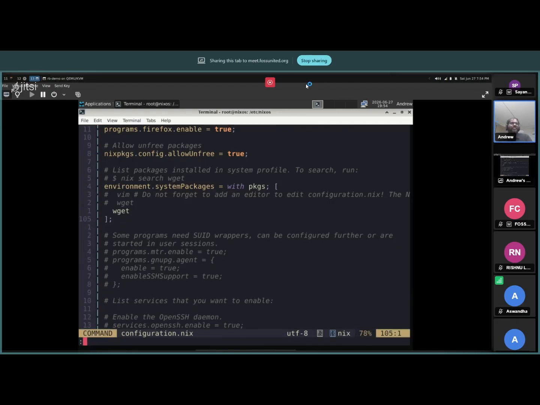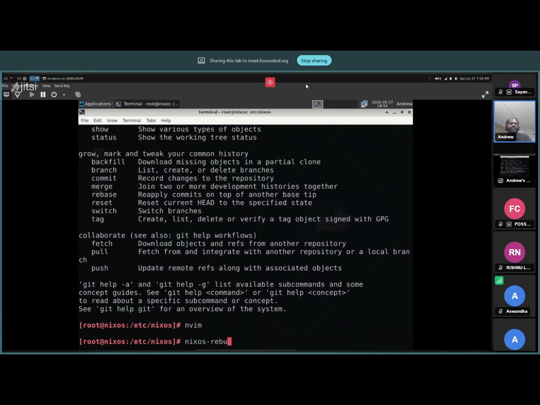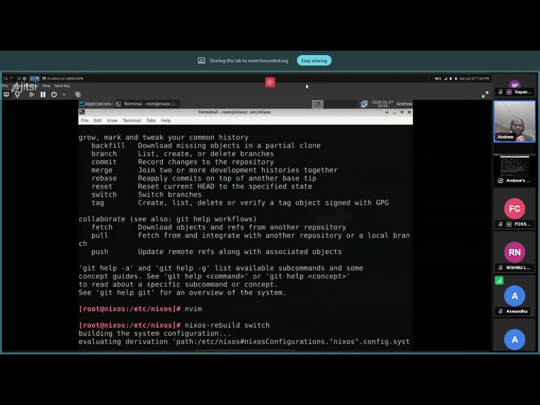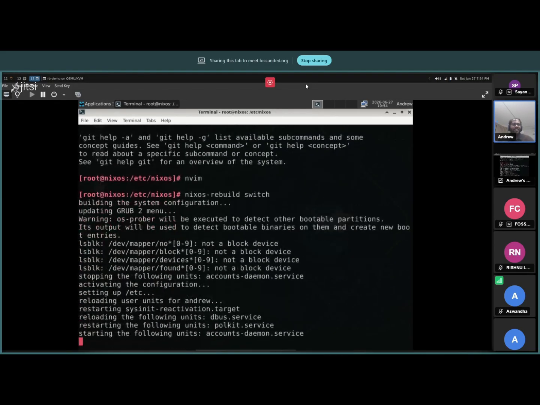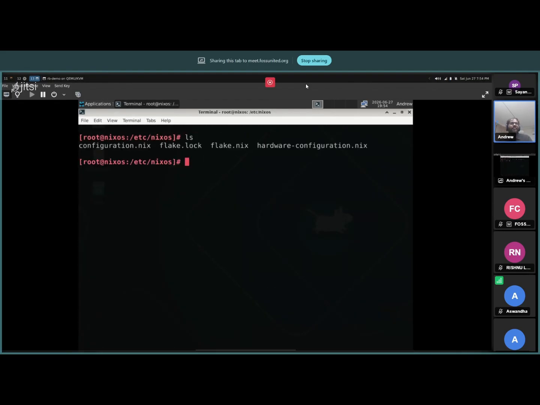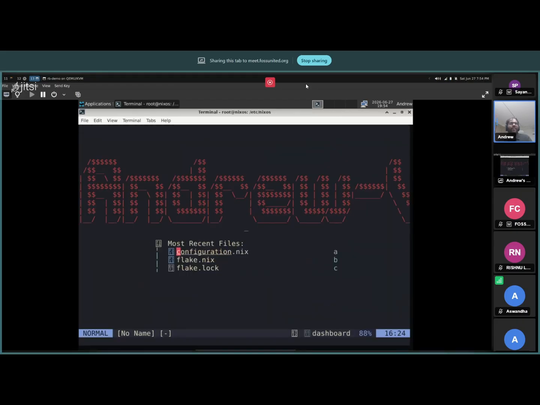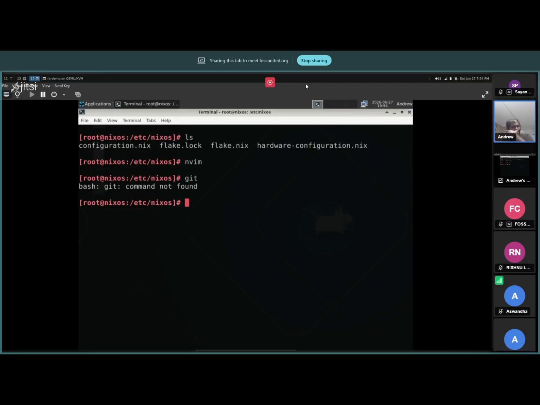So if I, for example, remove Git here and do nixos-rebuild switch, it's going to do the processing again. And if you do that, now if you check Git, there's no Git, right? So you get the idea why I'm saying that this is not like installing. You are declaring that my computer has Git, and Nix is like, okay, how can I make it so that Andrew's computer has Git? It pulls the package, connects it all together so that you have an OS where you have Git. So it's not like installing.